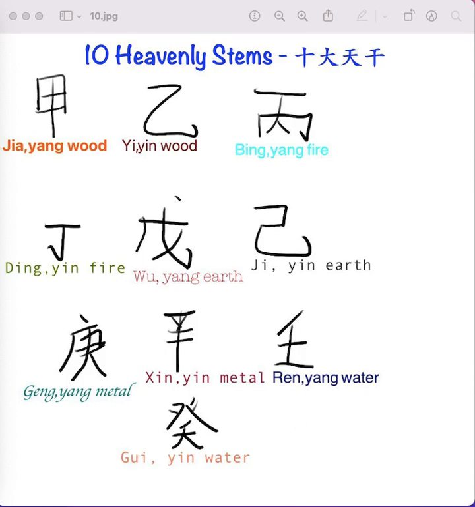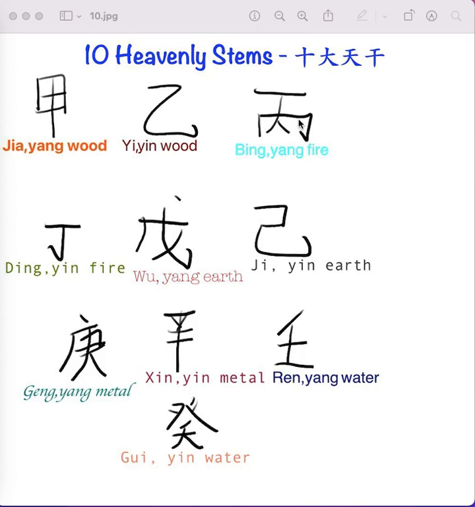So this I won't go over because it is kind of self-explanatory. I'll just tell you how to pronounce it all. So 甲、乙、丙、丁、戊、己、庚、辛、壬、癸. And you'll see that the